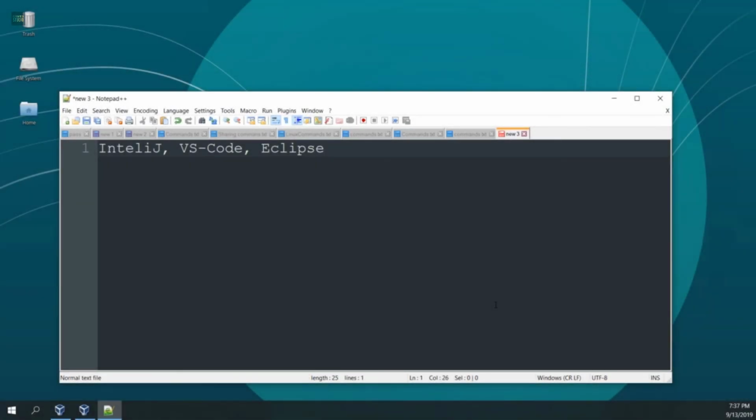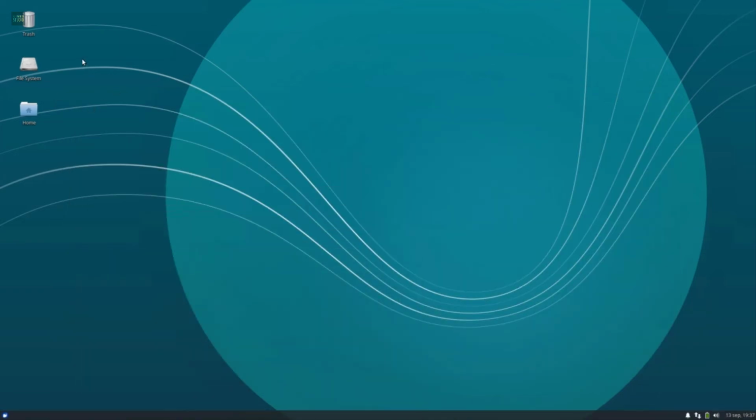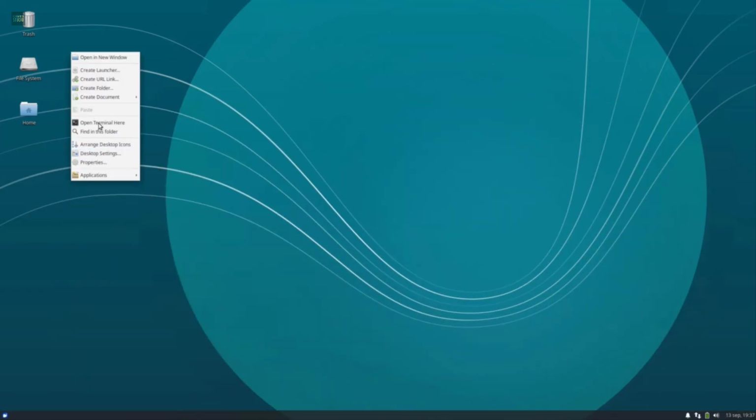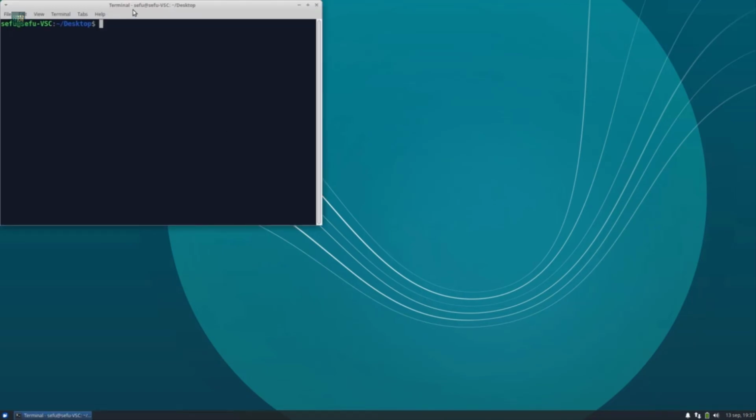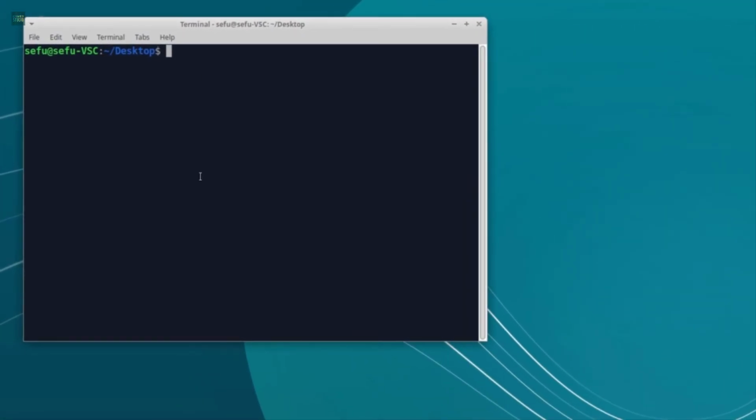In this lecture we will install 3 major IDEs: IntelliJ, VS Code and Eclipse. Let's get started, and like usually we start with a terminal, and let's start by installing IntelliJ IDE, and this is very simple, again just from the terminal. So I will type the command and I will say sudo snap install